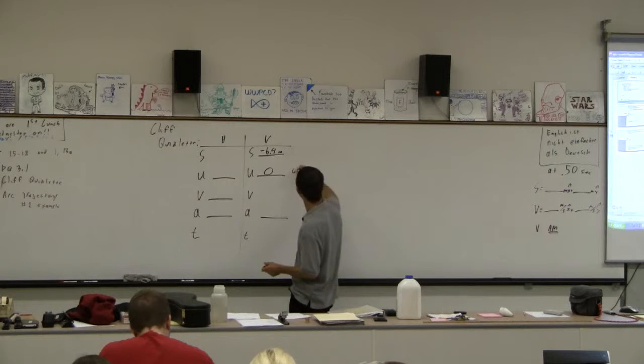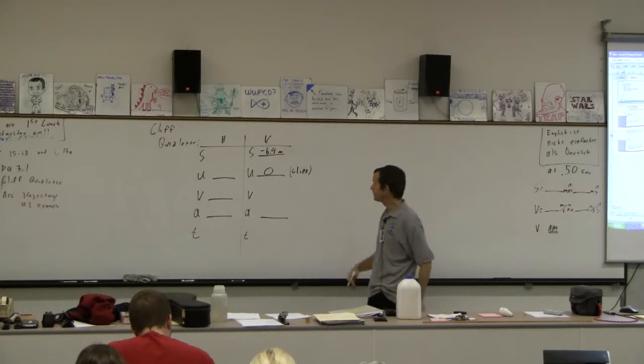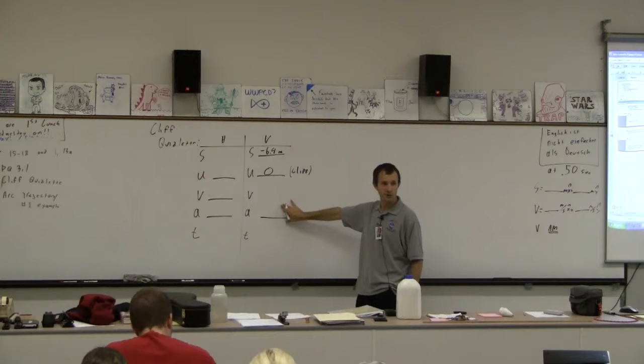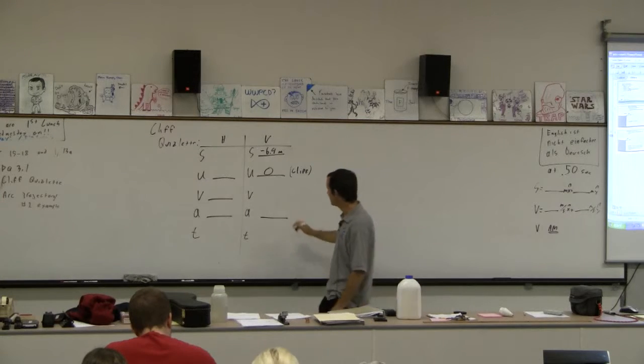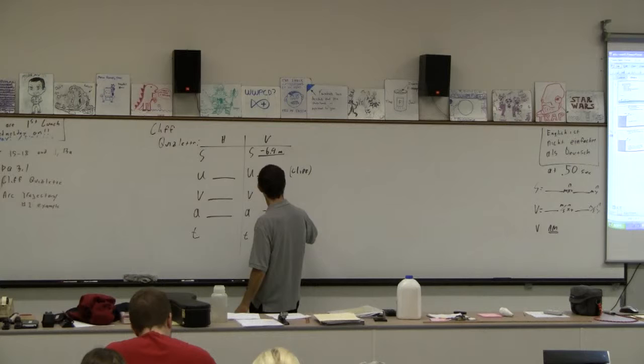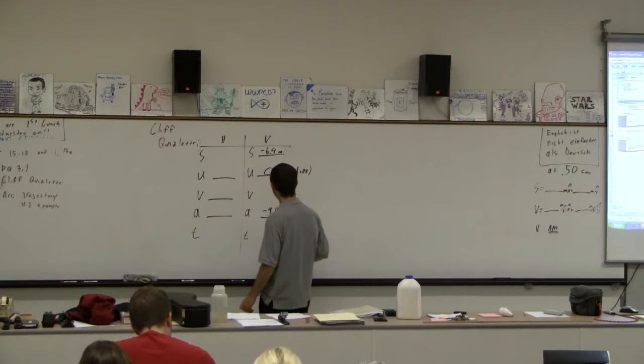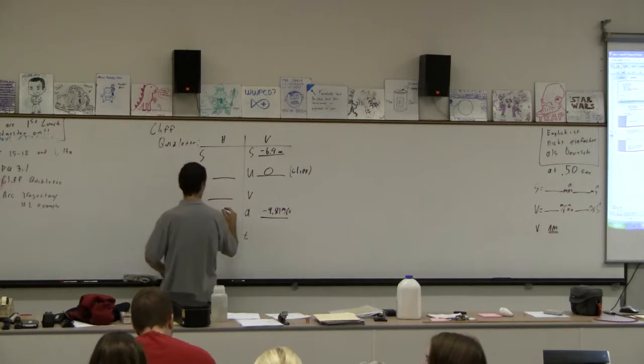Okay, so this is always true for cliff problems. That's what makes them cliff problems, because we just run off the cliff, right? What is on Earth our vertical acceleration? Negative 9.81, right? Okay, this is always true, and horizontally it's always